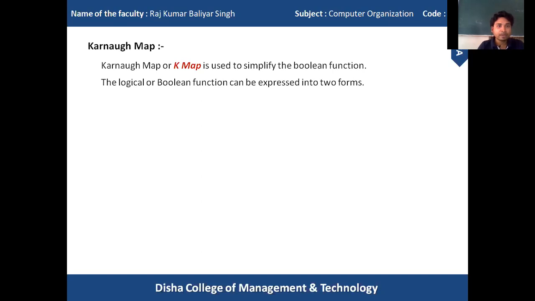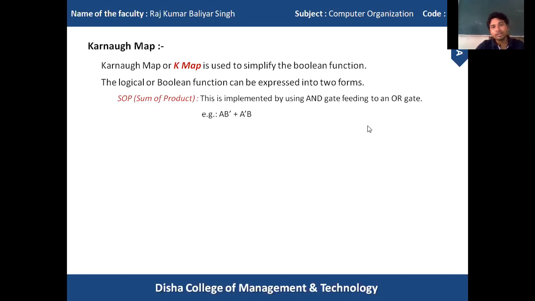In the Karnaugh map, the logic or Boolean function can be expressed in two forms. One is the sum of product form. In sum of product form, basically the AND gate is feeding an OR gate.